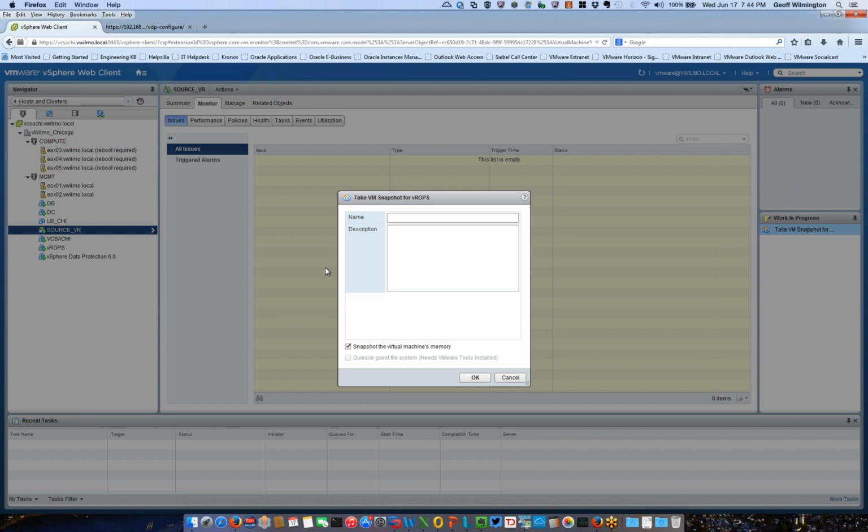So there's a couple of different things here. With snapshots, it preserves the following information when you take the snapshot. It preserves the virtual machine settings and power state, so if the machine is on, off, or suspended, it records that. Disk state: it records the state of all the disks that are involved. And then optional, which is what we're doing down here, is you can take a snapshot of the memory